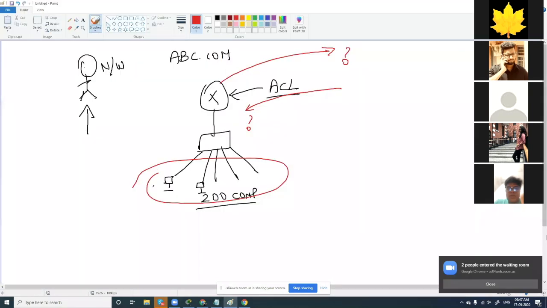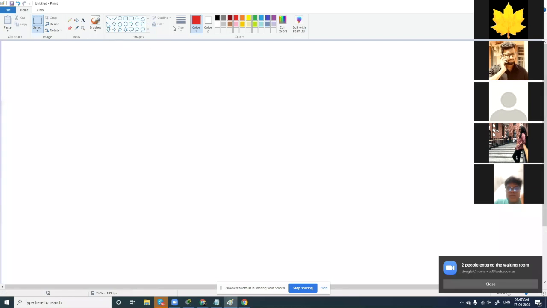Before seeing NAT, we have to see why we go for NAT. We'll take a common example of google.com, right? So you have the google.com server here. This is just for your understanding, to understand how NAT works. Don't find logical flaws in this.